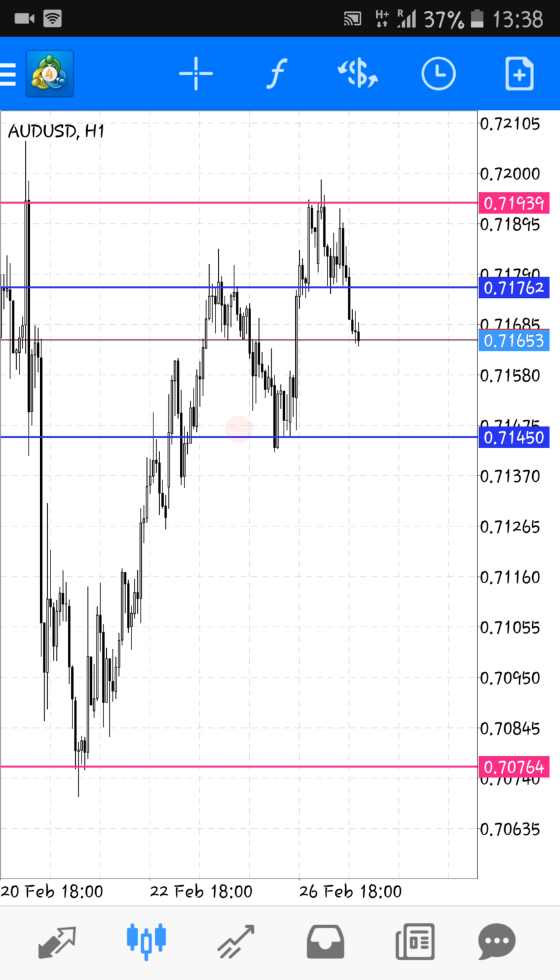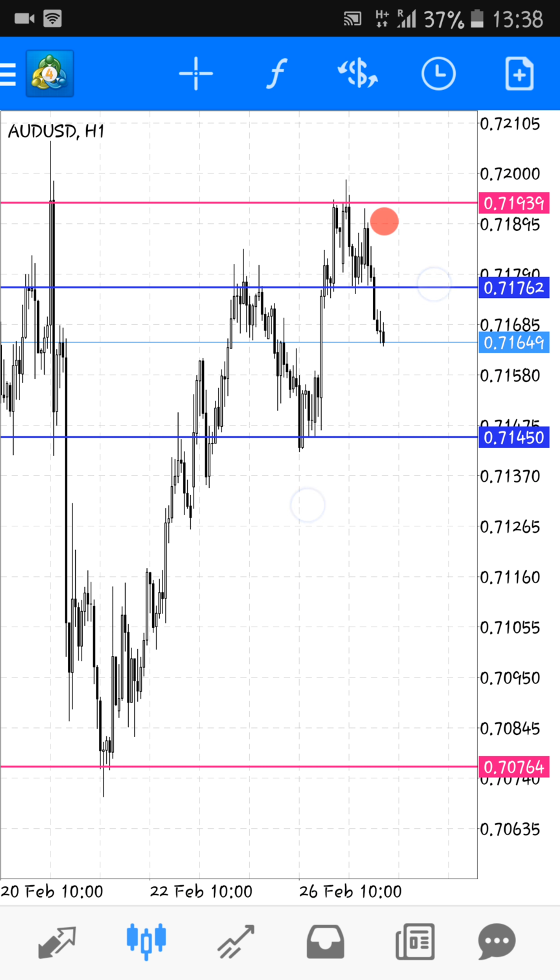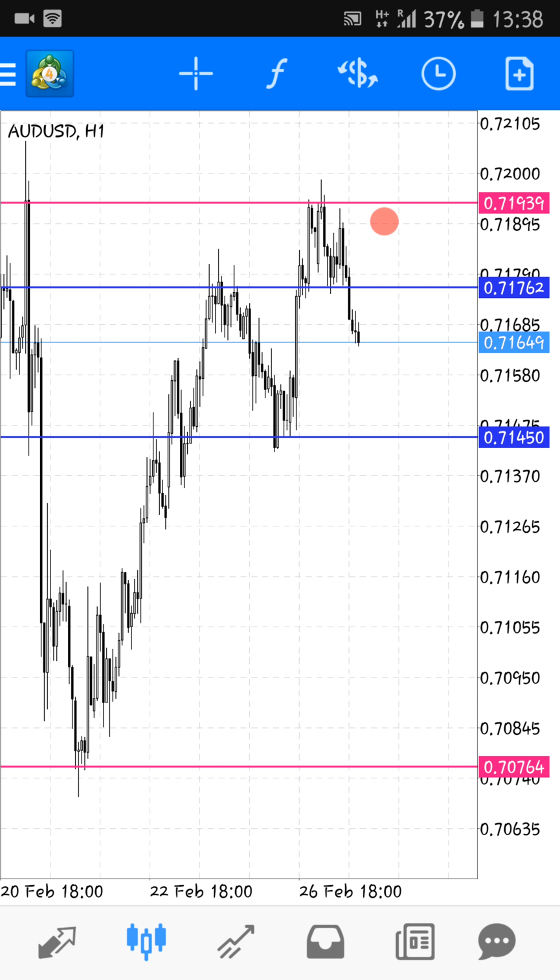plotted on H1. So at any time you can see when price is approaching the hourly resistance or the H4 resistance or anything like that. Okay, so right now we have price here, and if it should continue to go down, we look at this as our near-term support. That's just short-term support. And if it goes up there, we look at that as our short-term resistance, and if